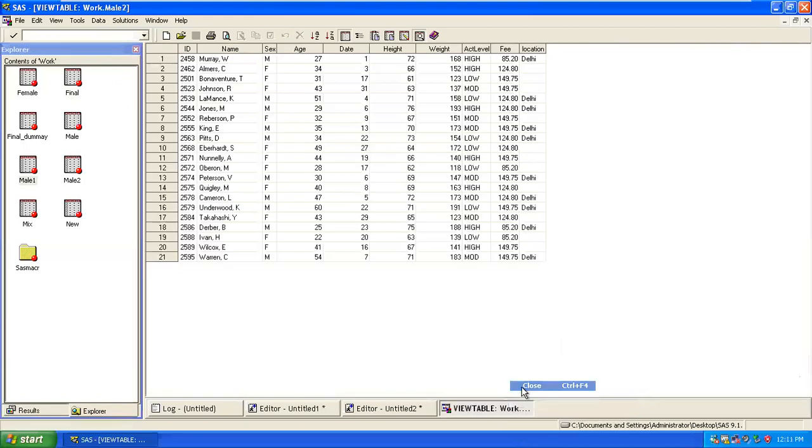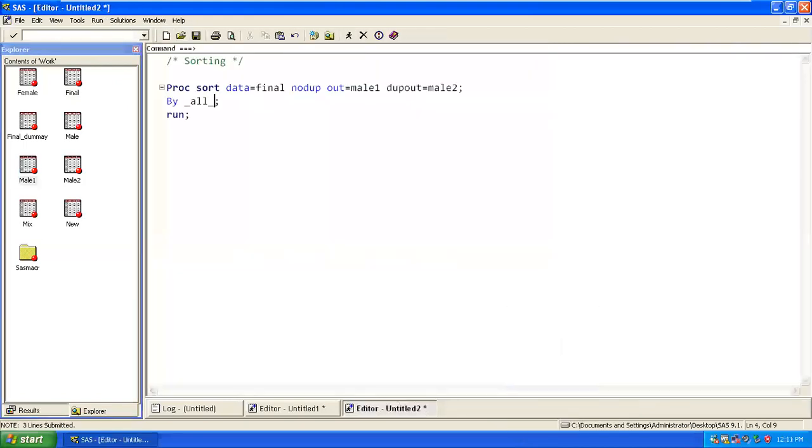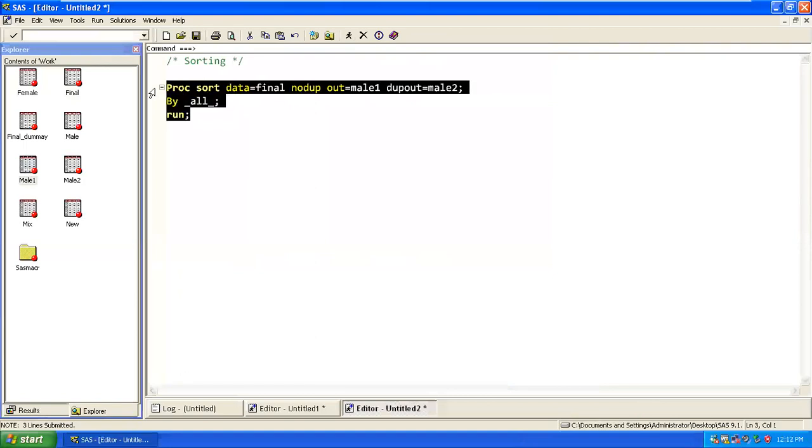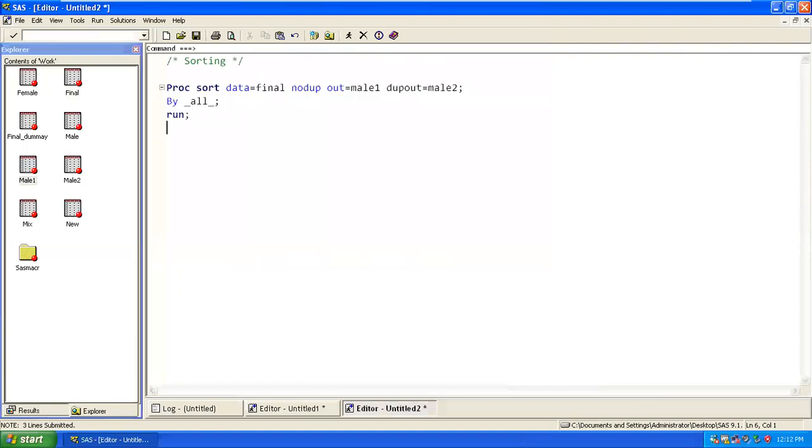So with the help of all, we are trying to get all those variables into account by keyword, and we are trying to eliminate the duplicate number of rows. So the keyword was, first you do it by no dupe key, correct?